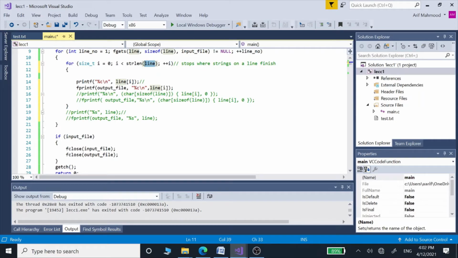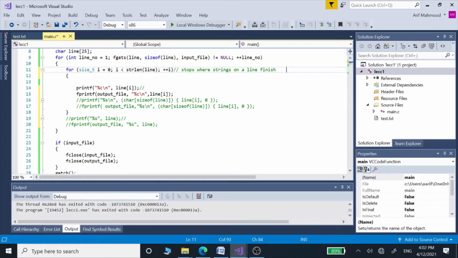Inside this for loop, we are going to run another for loop, and this is going to give us our characters. Here we were printing out the strings using %s. Here we would use %c to print out these characters. And then on this line we are going to store the contents into our output file as well, those characters.